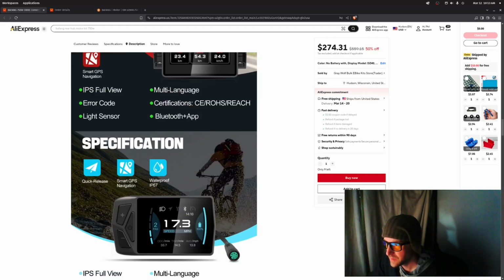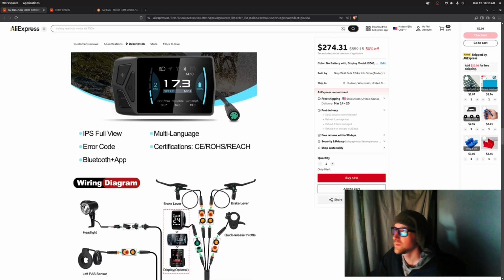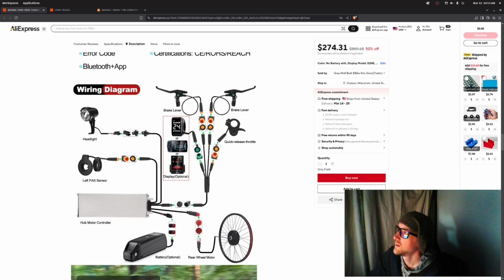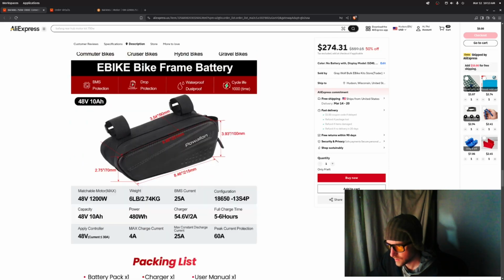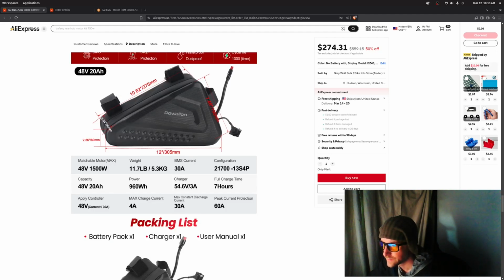I'm gonna pop this thing on a bike. I'll probably just run it stock for a while. I don't think I'll put a Flipsky on it immediately or anything. I might just run it with the stock controller for a while, since it comes with a nice controller bag and everything. And then we'll have a nice little bike, probably throw it in the back of my car, and it'll just be like a little